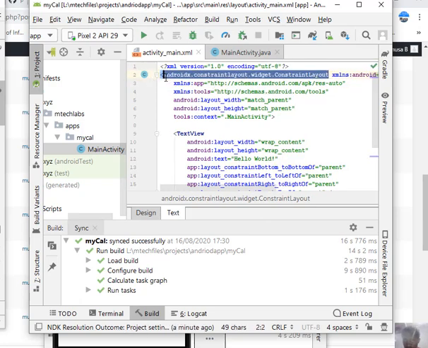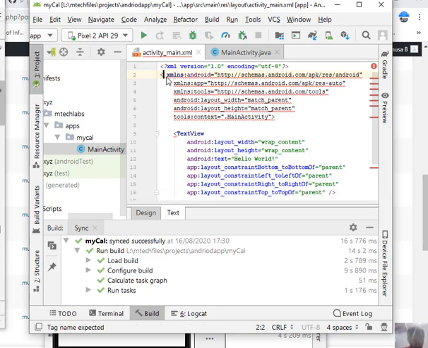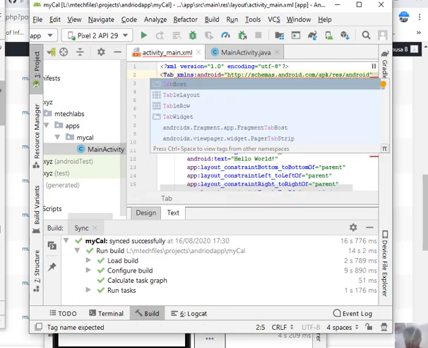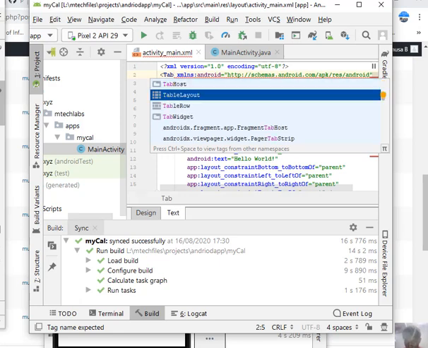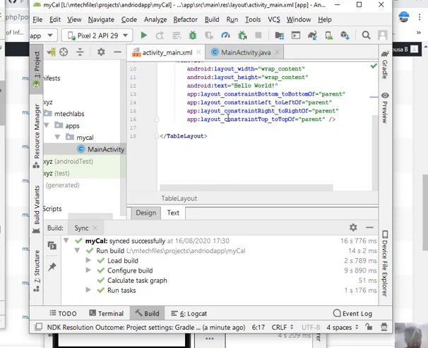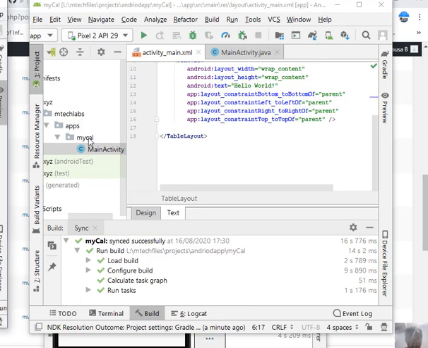You're gonna use table layout. For the text, now, for the text,